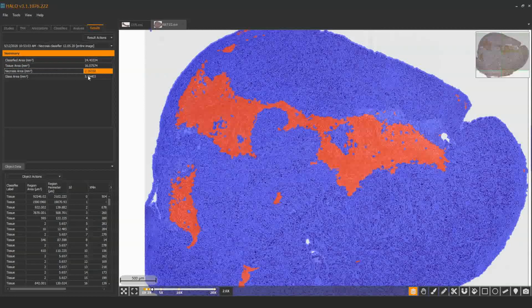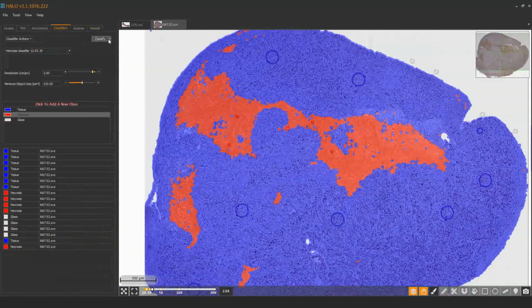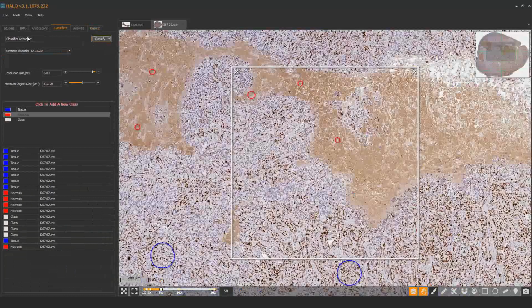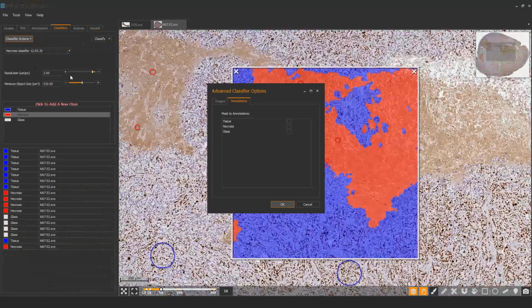Okay. Another option as well, if you're feeling inquisitive and keen to experiment, you'll know that there's some advanced options up here. These give you the option to create an annotation layer. So remember we made annotations before manually, but it's also possible to make an annotation layer through a classifier. And also you can change